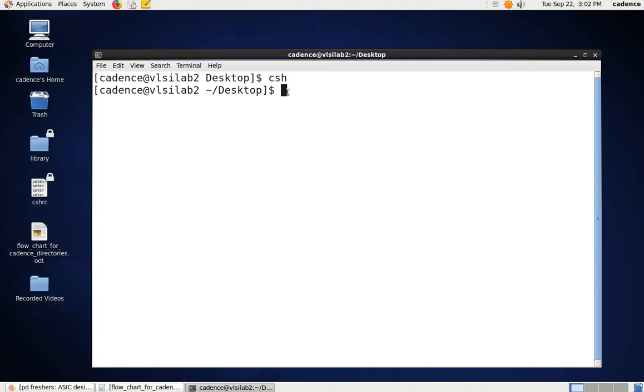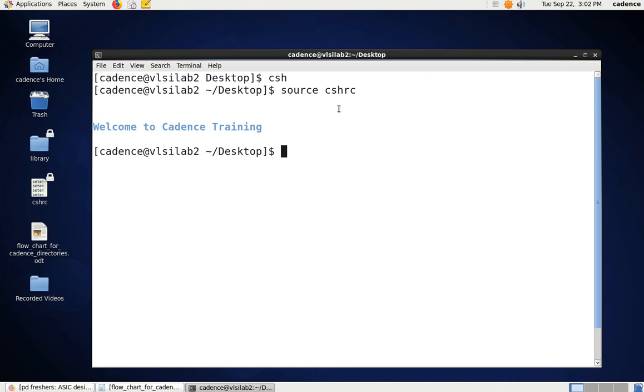Next, the command is source cshrc. The cshrc file has all the tool related commands, library related commands and design environment related commands, so that has to be executed first.